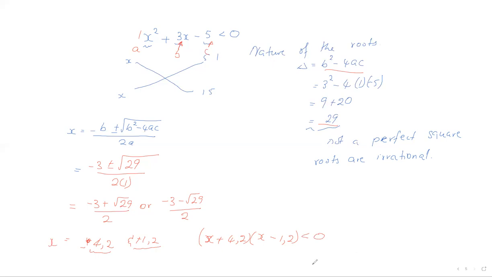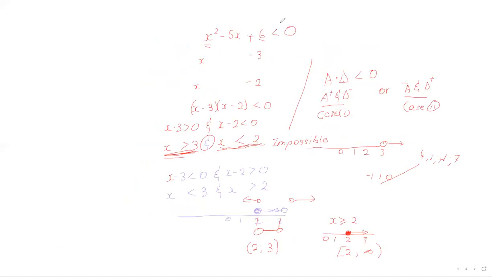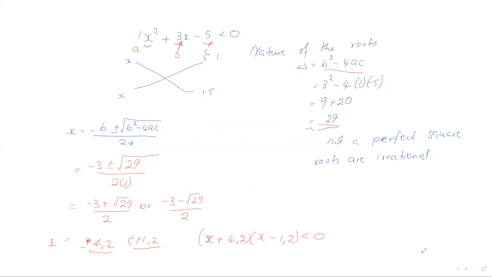Now, if you have that, you can go back to the previous equation here and apply that knowledge and get the value of x, and your graph will look like